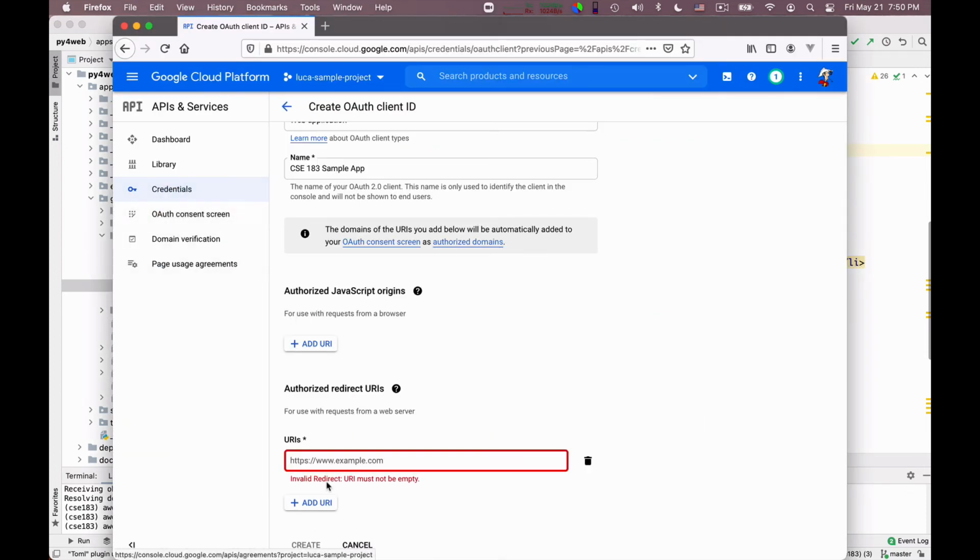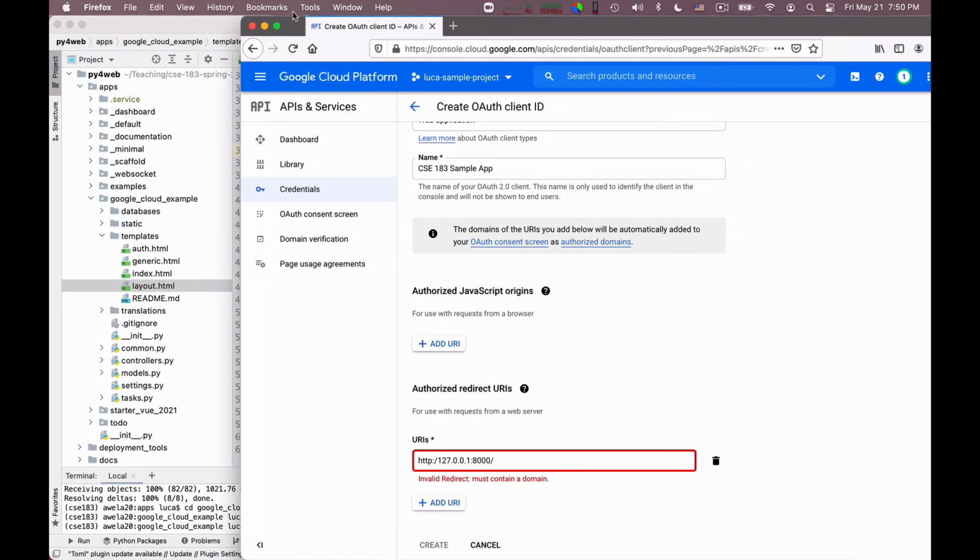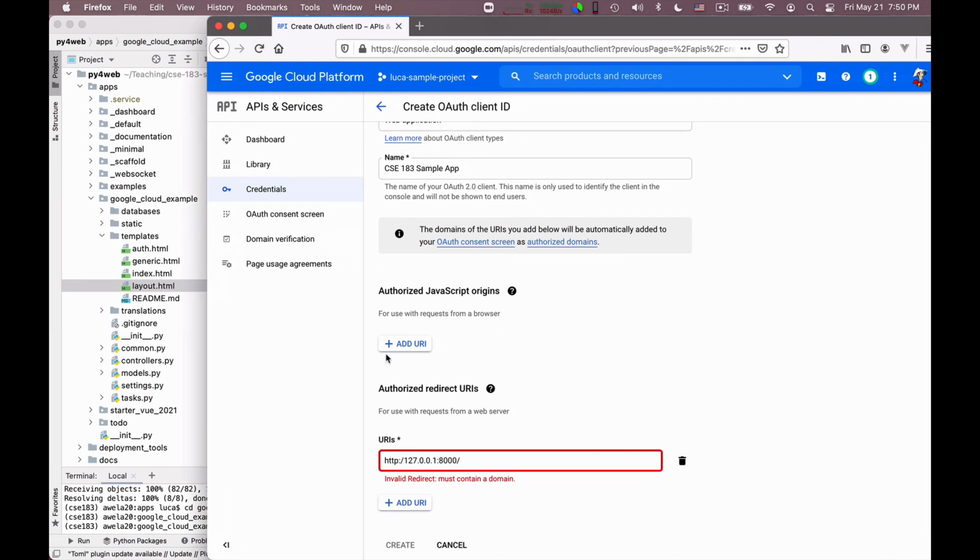So on the basis of these, here I have to say HTTP 127.0.0.1, okay, which is the local host. This is purely for development, but I need to put it in. And I called it, short memory, Google Cloud Example.